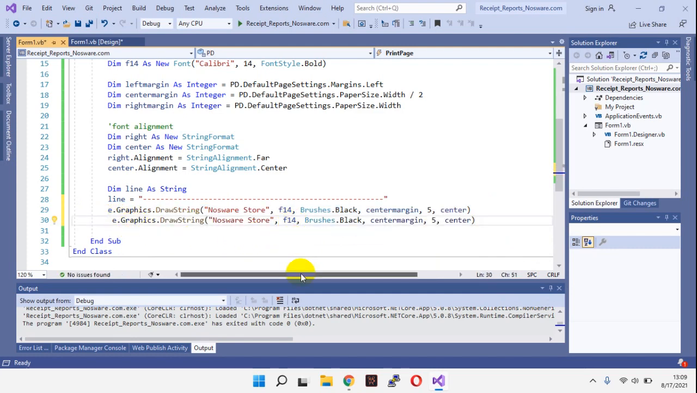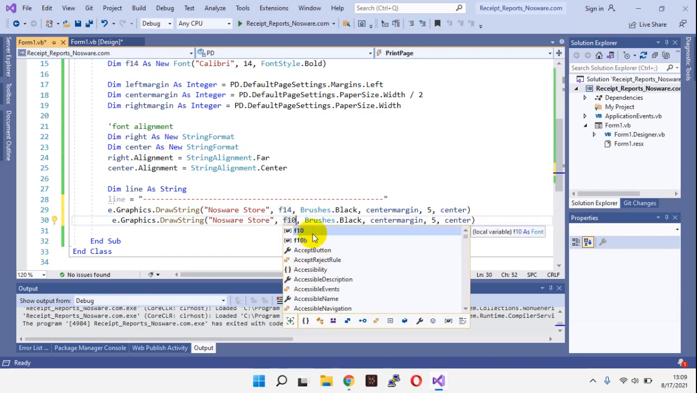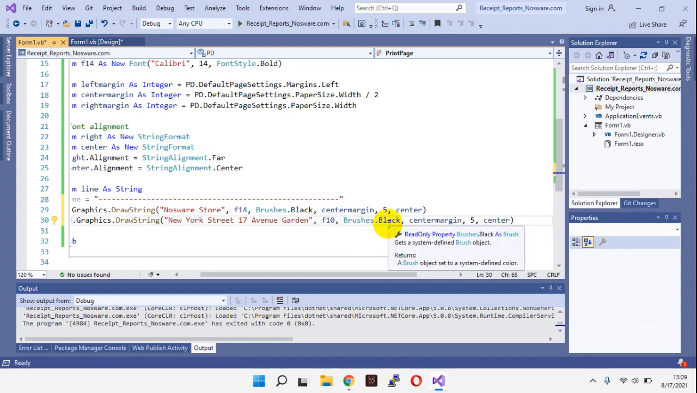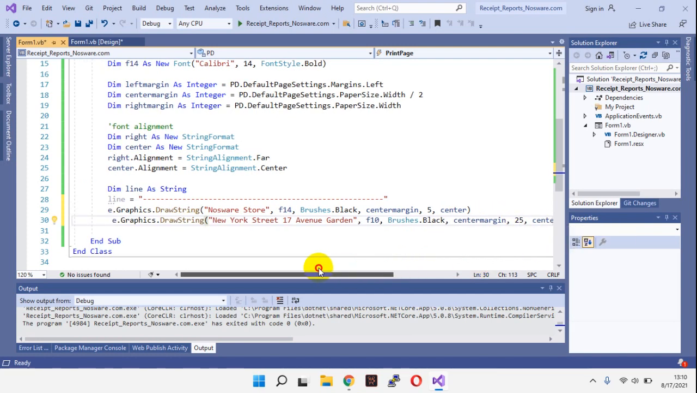For example, I'm using font size 10 and New York street, for example Avenue Garden, for example, like this, and brushes black and center margin also. We add this is for 25, for example. This is from the top of paper, and okay, it's better